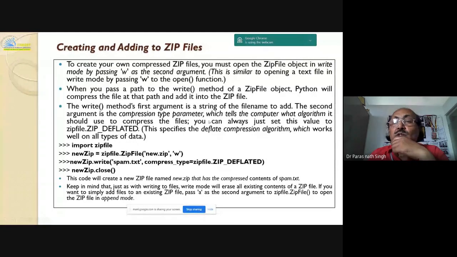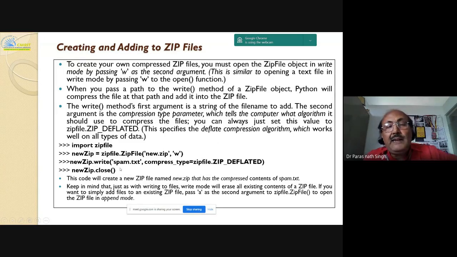So here you can always just set this value to zipfile.ZIP_DEFLATED. This specifies the deflate compression algorithm, inflating and deflating words, inflating meaning extracting, which works well on all types of data. So new zip with the write mode, and here you are taking compress type zipfile.ZIP_DEFLATED, and then closing.